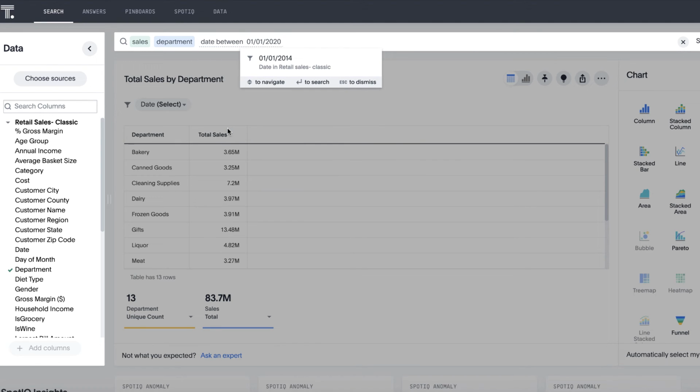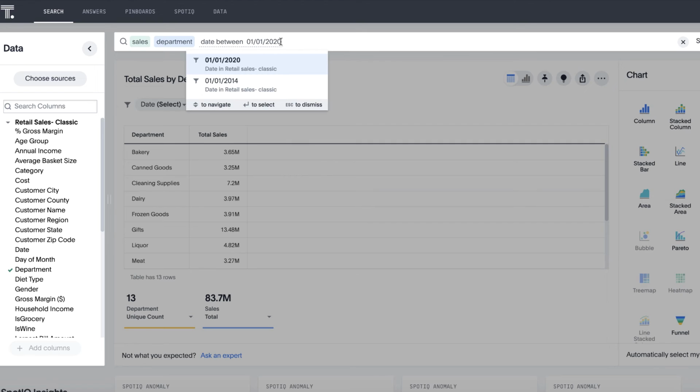Now that the between keyword is in effect, we must follow the search with the range. We'll leave the start date and move to the end of the search phrase. ThoughtSpot automatically recognized the between keyword and is auto-suggesting the next search requirement of and. When using this keyword, the search must follow this logical structure or it won't work. After and, let's input the end date of our promotion,